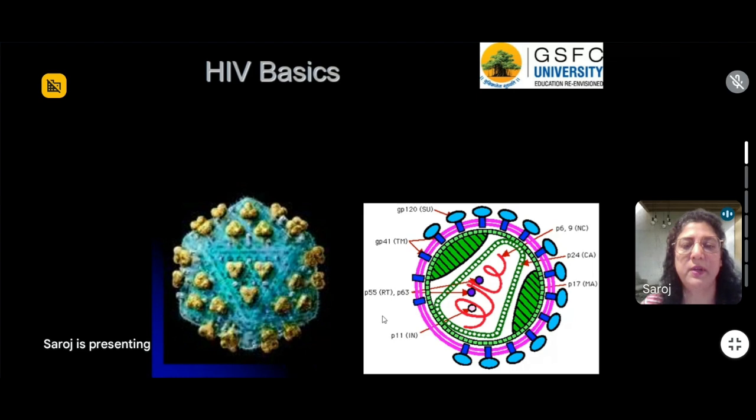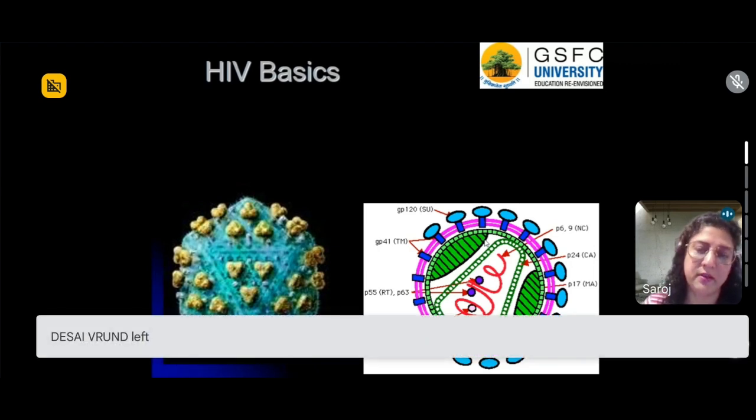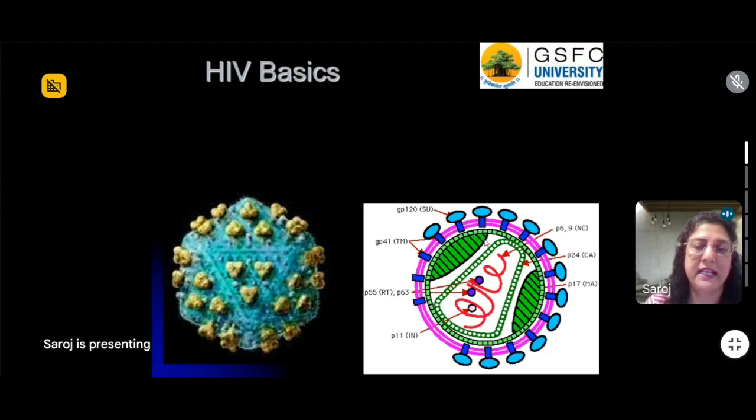Now let's have a little bit of a look at the HIV structure. If you look at the HIV structure, of course, this is how it would be. But if we are going to take a little bit of artistic freedom in representing the HIV, a few things are very important. Why are these things important? Because all drugs and our understanding of how HIV is manipulating the immune system have come from our understanding of the HIV structure. So if you do not know the HIV structure, it is going to be very difficult for you to understand what kind of treatment you can actually come up with.